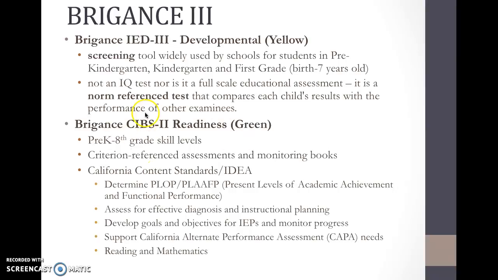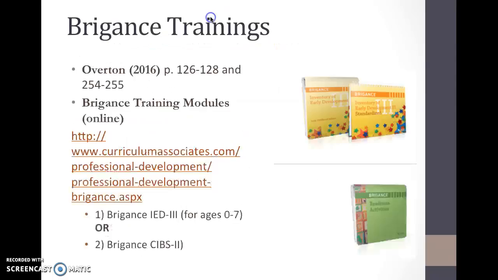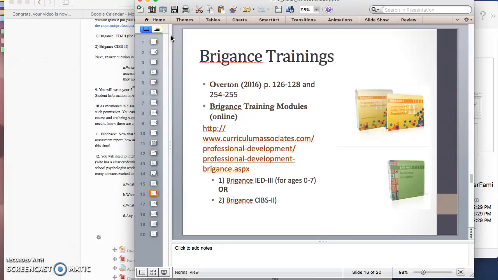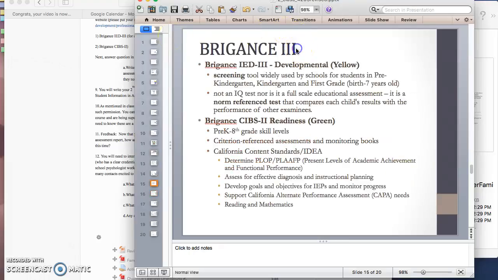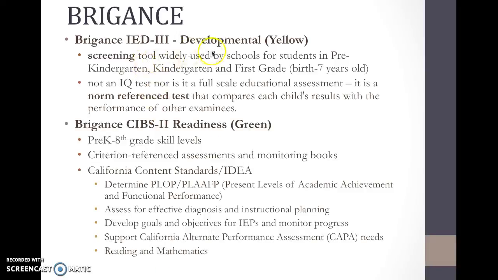So now we're going to get into the Brigance. And actually, I have the Brigance 3 here. She should just say Brigance, because there's the Brigance 3, which is the developmental. That's the yellow one. And that's for birth to 7 years old. This isn't an IQ test, but it allows you to see where that child's performance is compared to other children